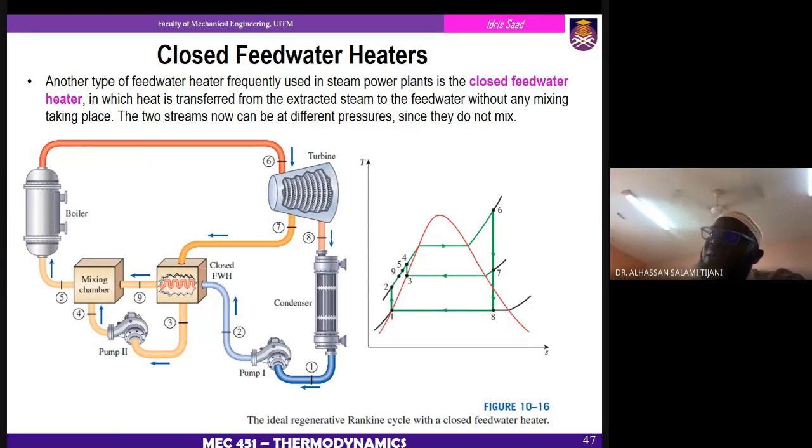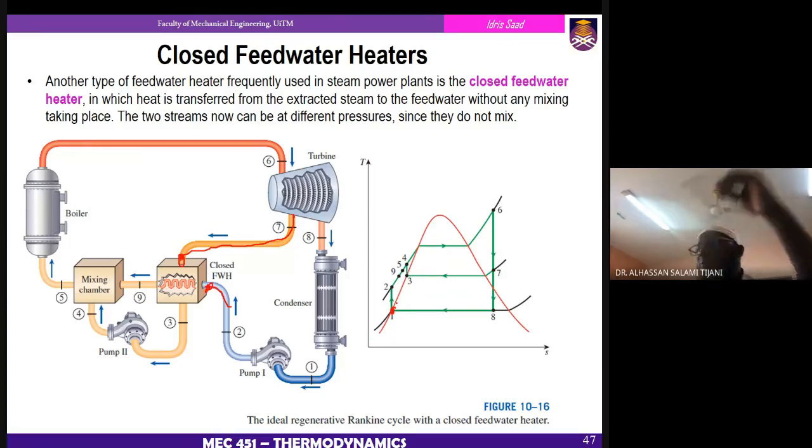Closed feed water heater means that the fluid which we extract over here has no direct contact with this fluid. Instead, we put a heat exchanger. So heat will be transferred from this hot fluid to this cold fluid. Okay. So that over here we will have the